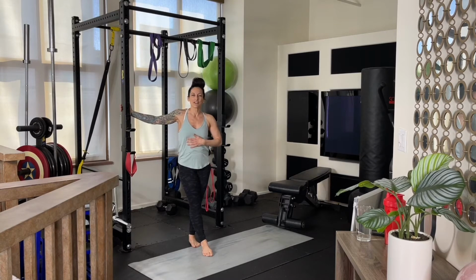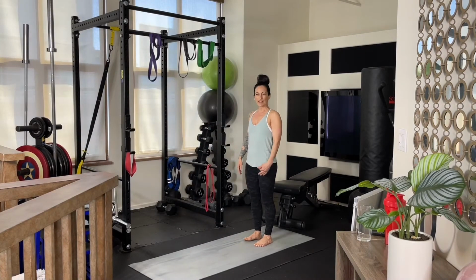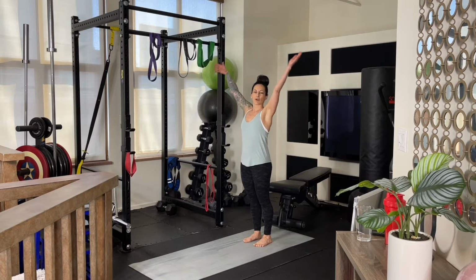So we're gonna get started with a mobility and warm-up drill, which is very important, especially when we're getting ready to lift heavier. And I'll also be ending this class today with a cool down stretch, which I really encourage you not to skip, because it's essential to really take care of your muscles while you're doing these types of workouts. So step to the back side of your mat,